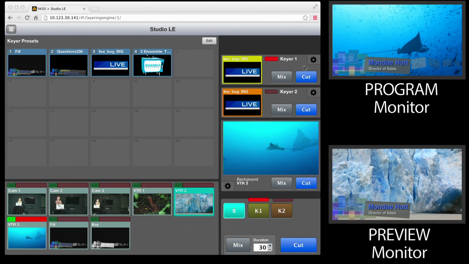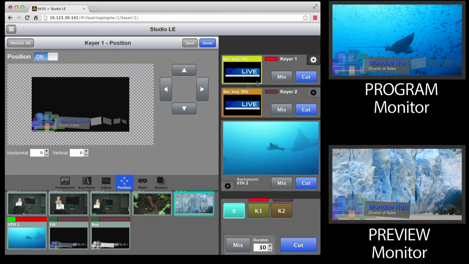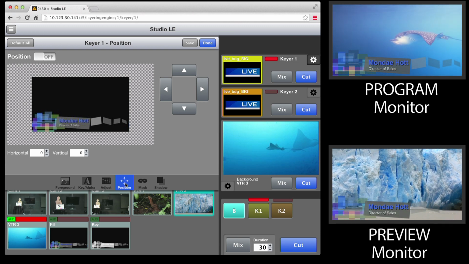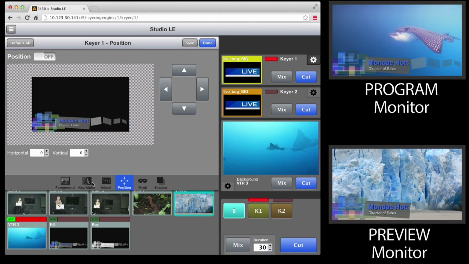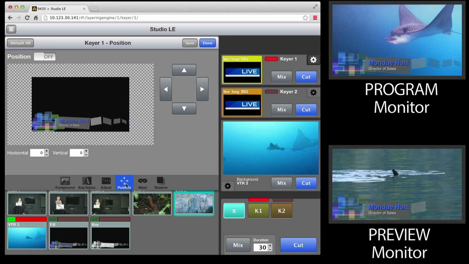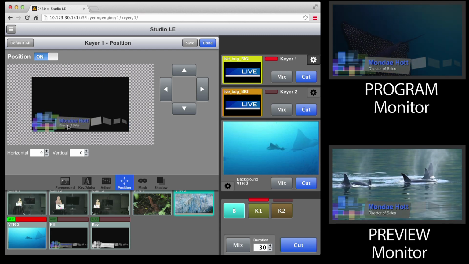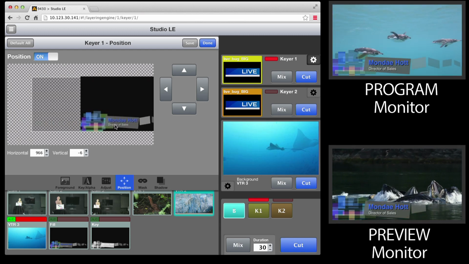So let's continue our discussion of the keyer. Go back into the gearbox, and we're going to look at the position menu. We first talked about foreground, key alpha, and adjust. Now we're going to talk about repositioning the key. We can turn position on, and I can move the graphic